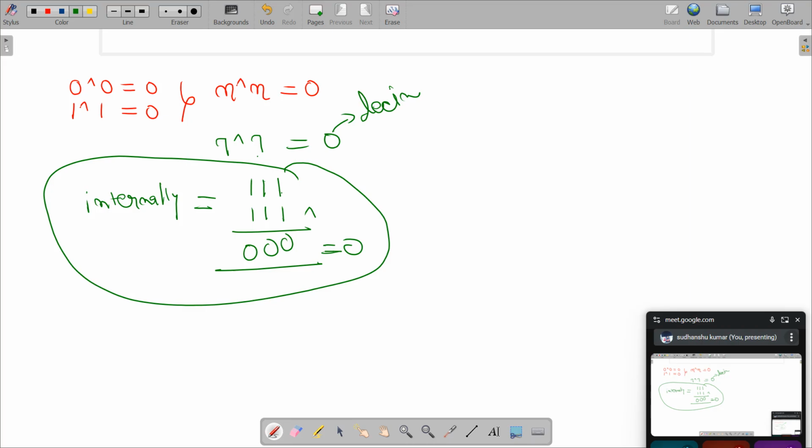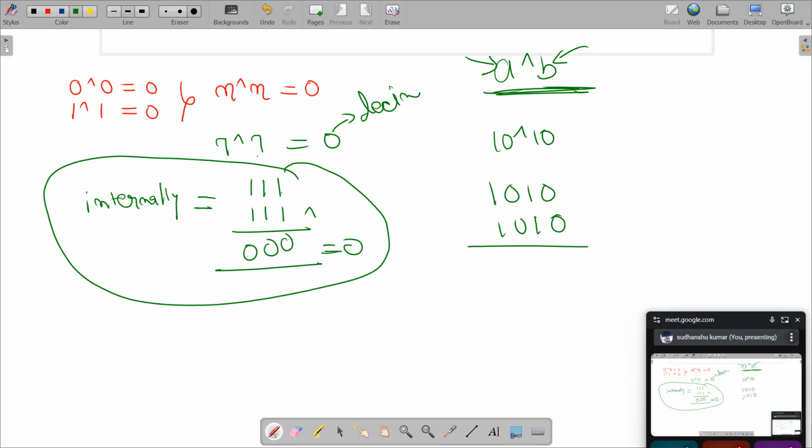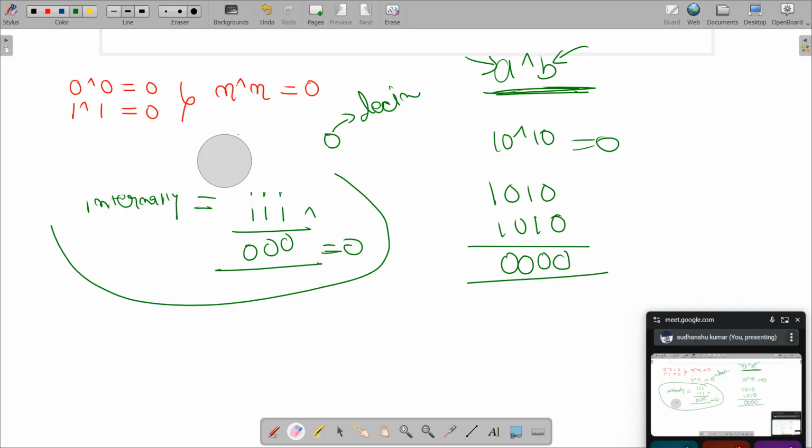So when you are solving a problem, if someone asks you to do A XOR B, you can just write this. You don't need to convert this into binary, convert this into binary. No. Okay, similarly, let's say I perform XOR of 10 with 10. 10 is 8 plus 2, this is 10. If I perform XOR of 10 with itself: 0 XOR 0 is 0, 1 XOR 1 is 0, 0 XOR 0 is 0, again 1 XOR 1 is 0, again I will get 0. So remember, XOR of the same number is always 0.